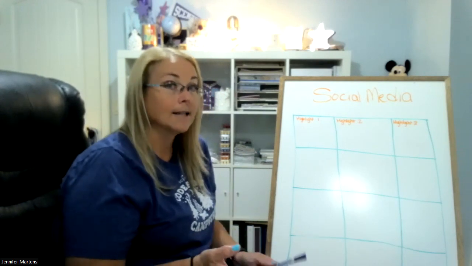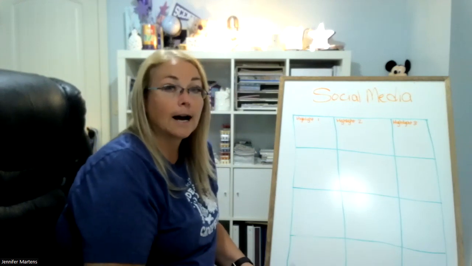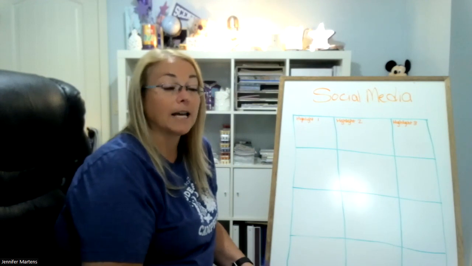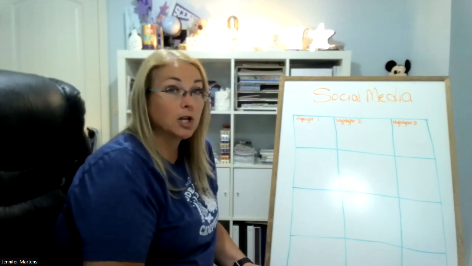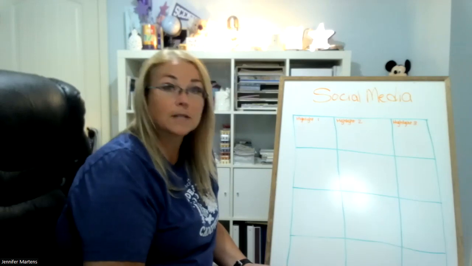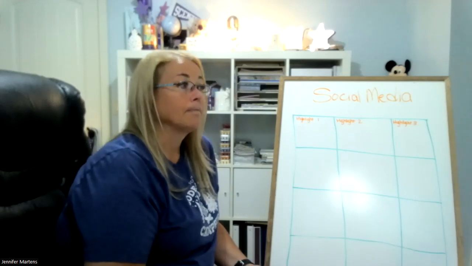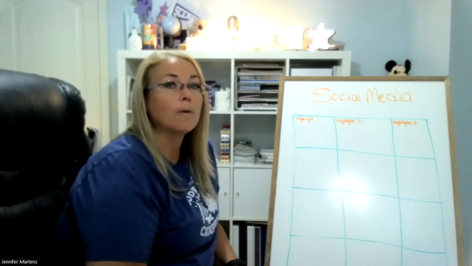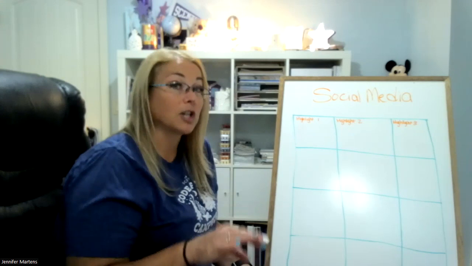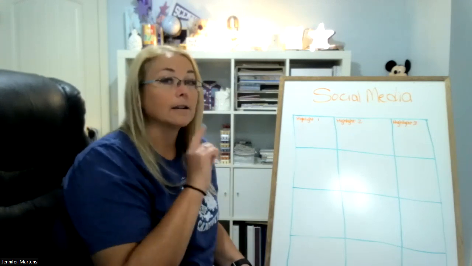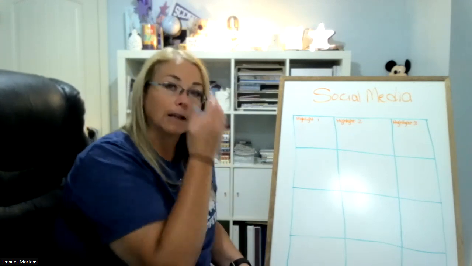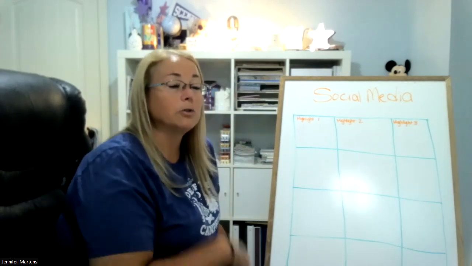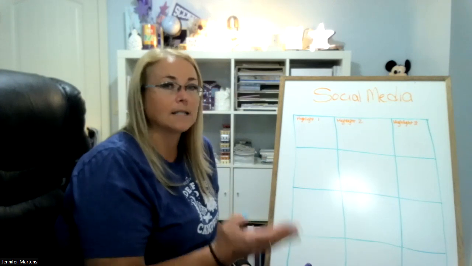So you want to have a picture that is up to date, that is representative, that people will identify as being your brand. If you open your Instagram right now and you search me, you will see that the same photo that is on my Instagram is on my YouTube channel. It's on my Facebook. It's on my Google account. It's everywhere because I want people to identify that when they're looking for Jen Martins, the Scentsy girl, they are seeing consistent branding and they're like, oh yeah, that's her right there, right? So you don't want to have some kind of obtuse name on Instagram that doesn't make sense.